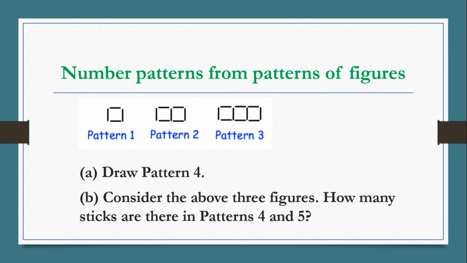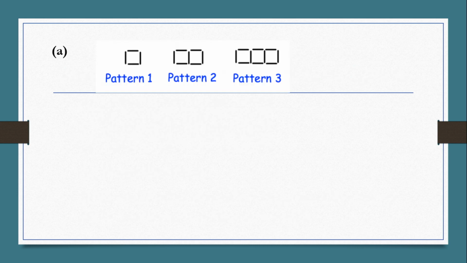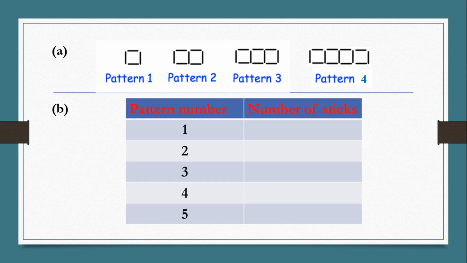Now we need to draw pattern 4. So pattern 4 will have how many squares? Yes, 4 squares. This is pattern 4. Now for part B, we need to find the number of sticks. As you can see,